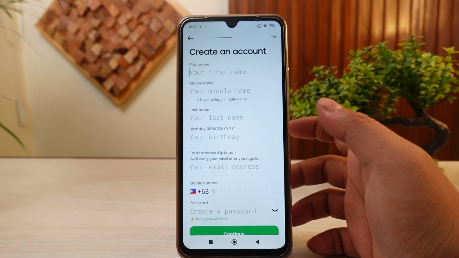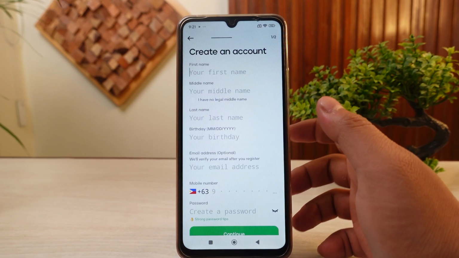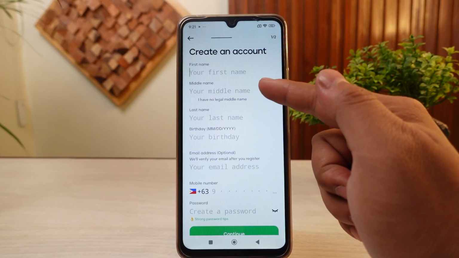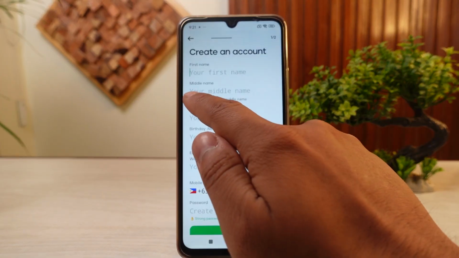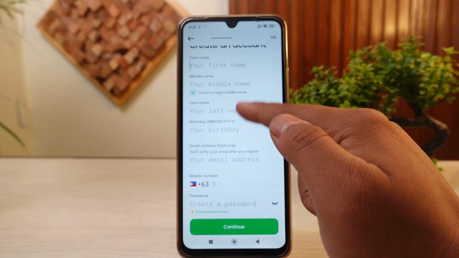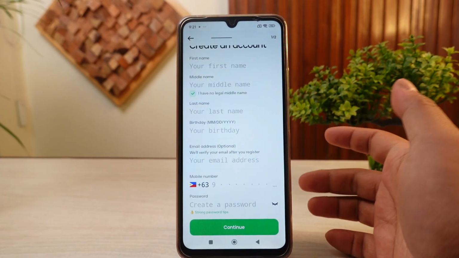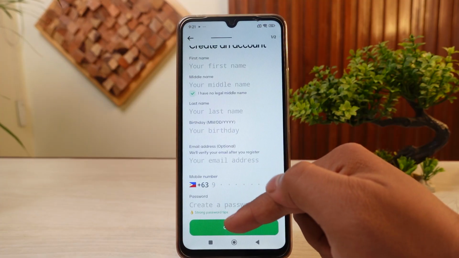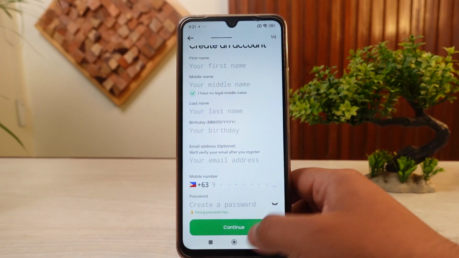And now within this section, you'll need to fill in all of the information that is asked, such as your first name, your middle name if you have. If you don't, you can just tap and select this option, add in your date of birth, your email address, and your phone number as well. Lastly, it will ask you to create a password, so make sure you create a strong password and then tap